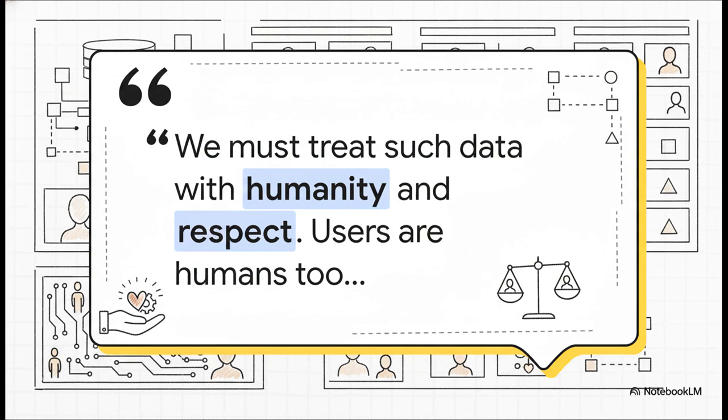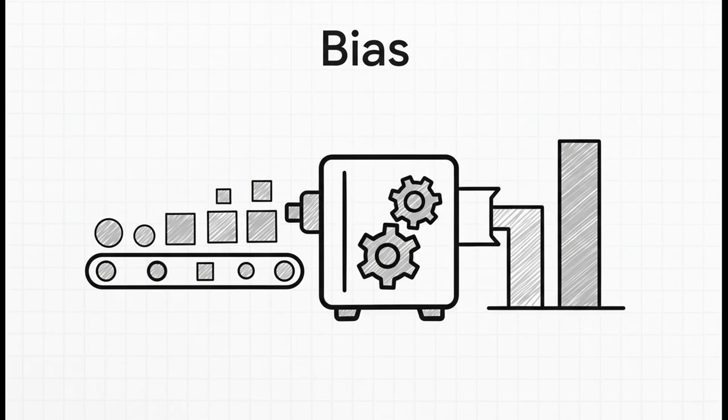This quote from the book just gets right to the heart of it. Behind every single row in a database, behind every data point that gets collected, there is a person. And the book argues that because of that, engineers have a real duty to think about the human impact of the things they build. And this leads to some really tough questions the book brings up.